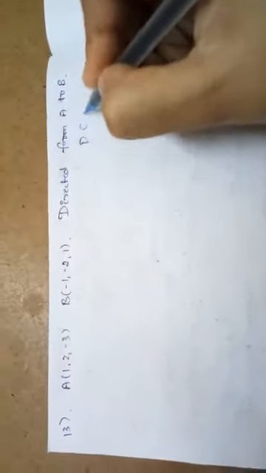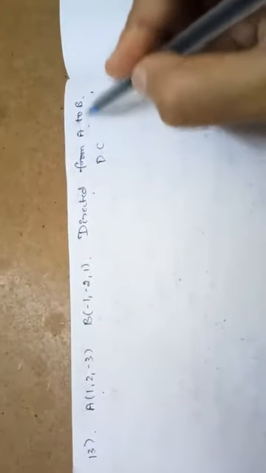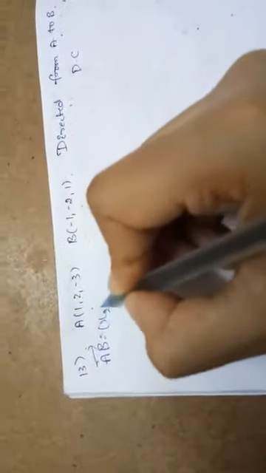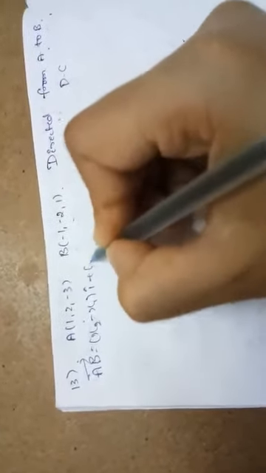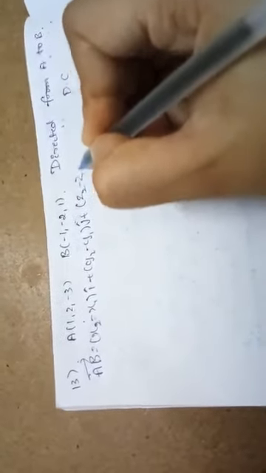So the next question, again here also we need to find the direction cosines of a vector which is directed from A to B, where A is the point they have given and B also is given. Directed from A to B means our initial point is A, terminal point is B. We need to find the vector AB. So how are we going to find the vector AB when both the points are given? We already know x2 minus x1 i cap plus y2 minus y1 j cap plus z2 minus z1 k cap. This is the formula to find the vector when 2 points are given.